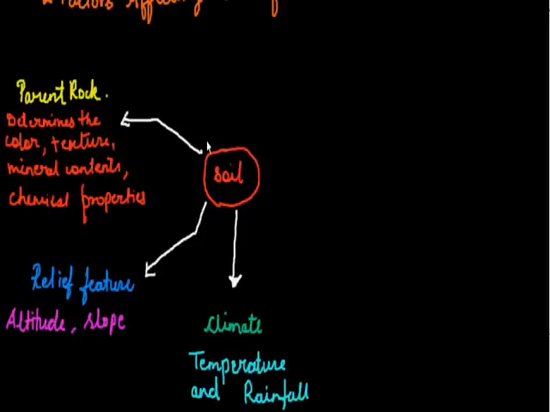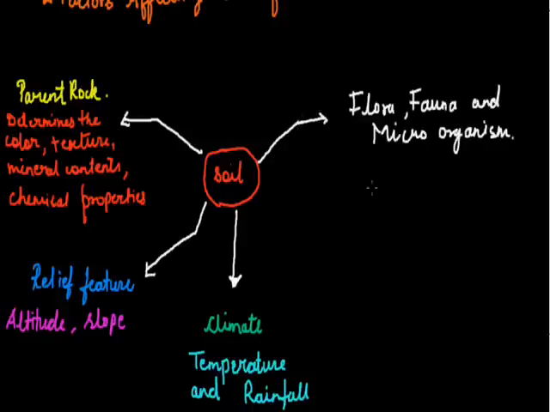The next factor that affects the formation of soil is flora, fauna and microorganisms, or in a single word, the humus which is present in the soil. The amount of humus present in the soil will decide the fertility of the soil. The more humus, the more arability the soil has, and then the soil will be more fertile. And the last factor is